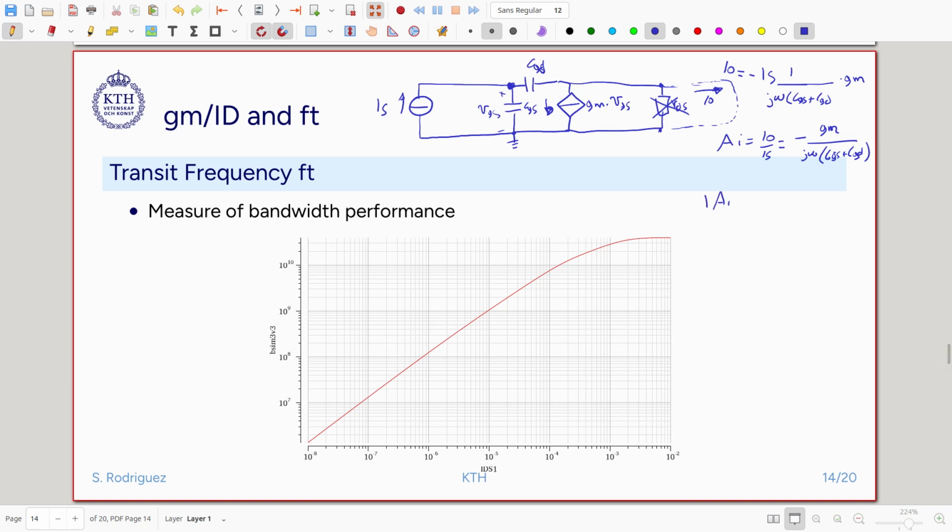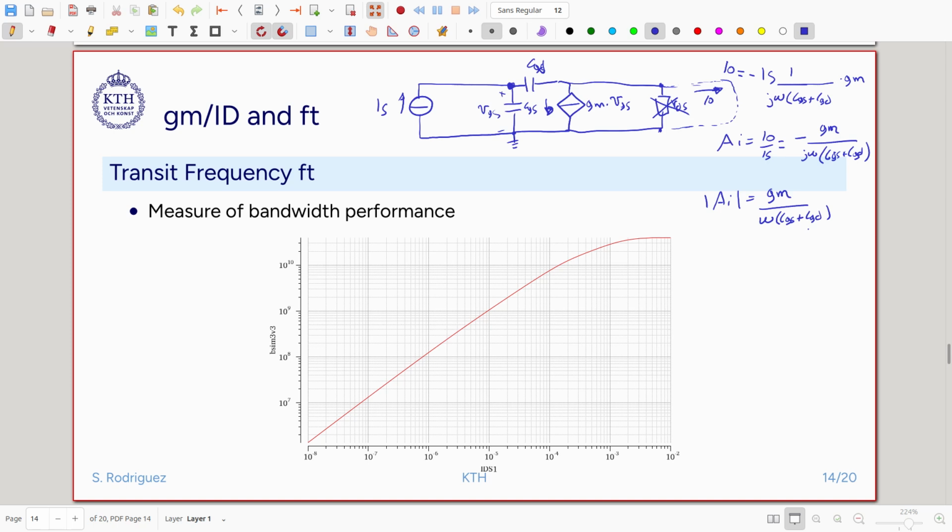Or we just want the absolute value, that will be GM divided by omega (CGS plus CGD). Now